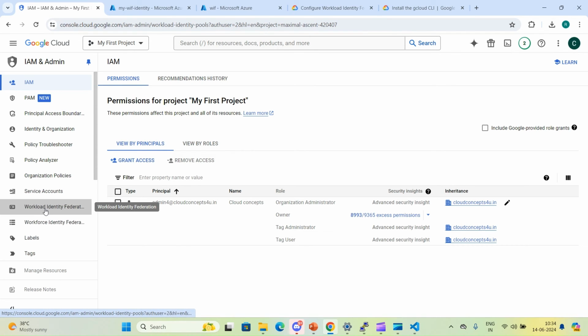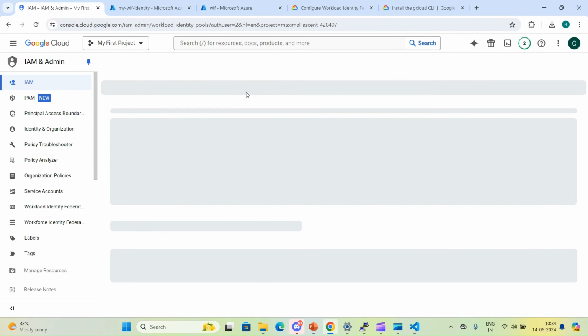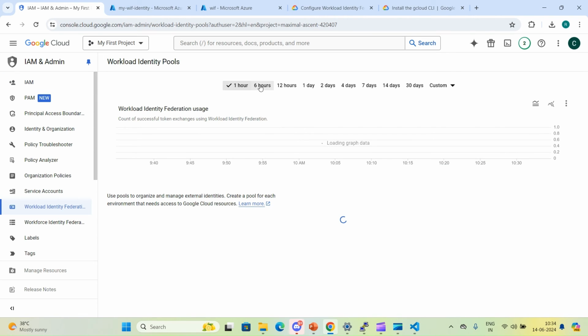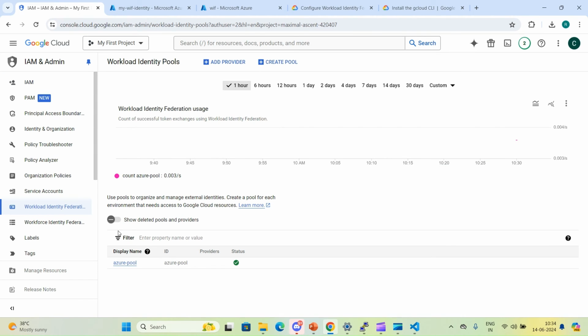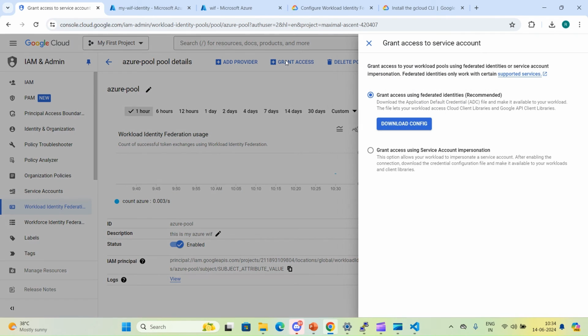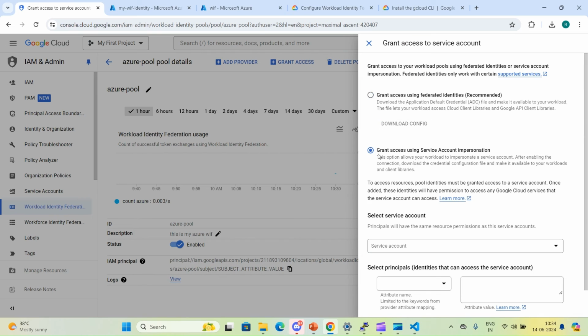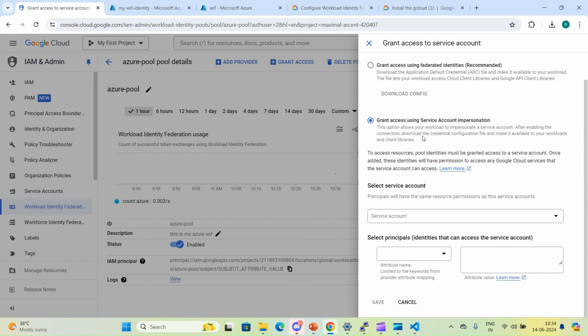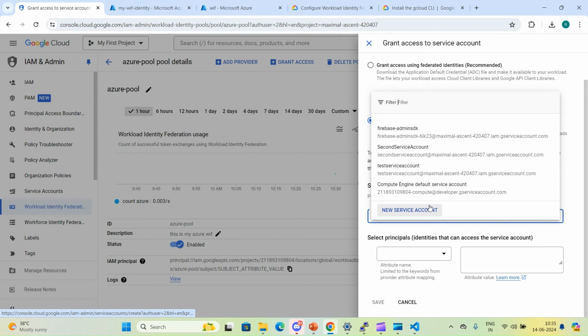Let's go back to our workload identity federation, and this time we will use service account impersonation. Let's go over in our pool and click on grant access, and this time click on service account impersonation. But the recommended one is direct access only. We have to choose which service account we want to use.